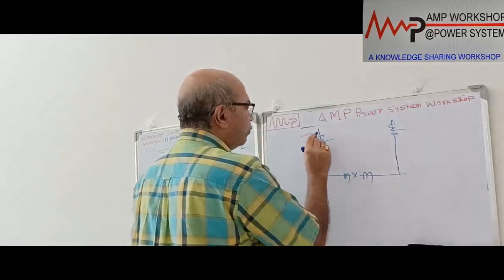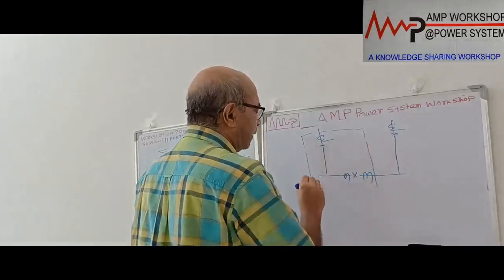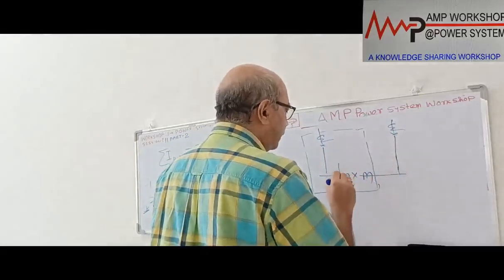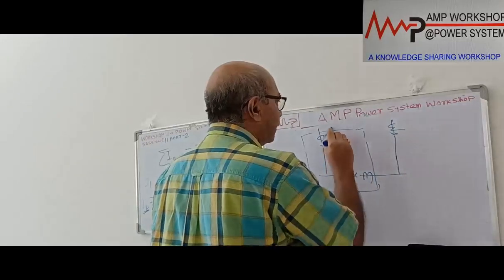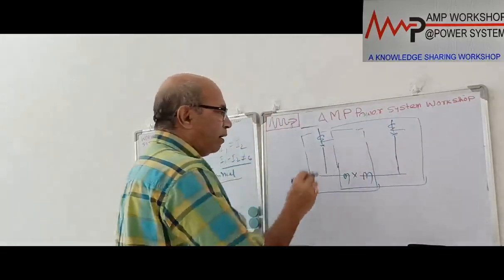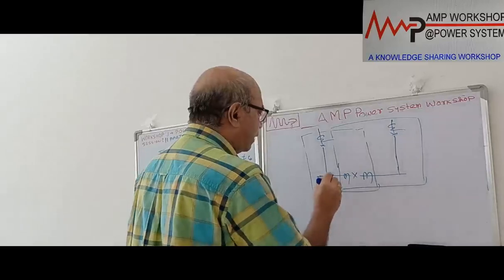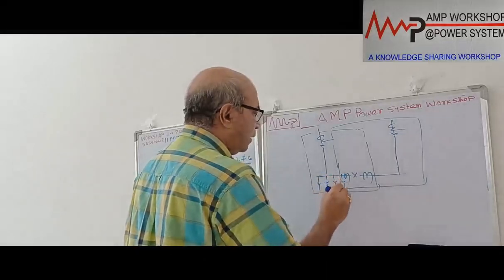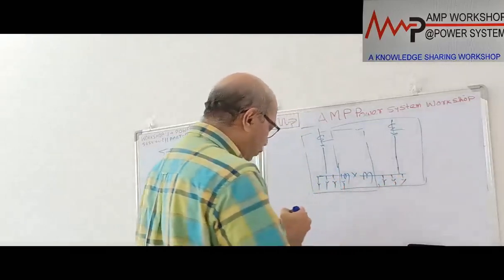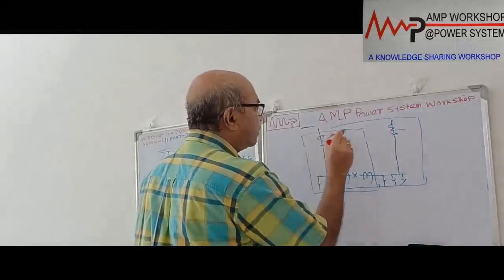Here there are two zones. This will be one zone, and the second zone will be this. This is the second zone. You see, all this area, including all the protection and all the outgoing feeders from here, and this area also has outgoing feeders. So zone 1 is including which part? This is my zone 1.